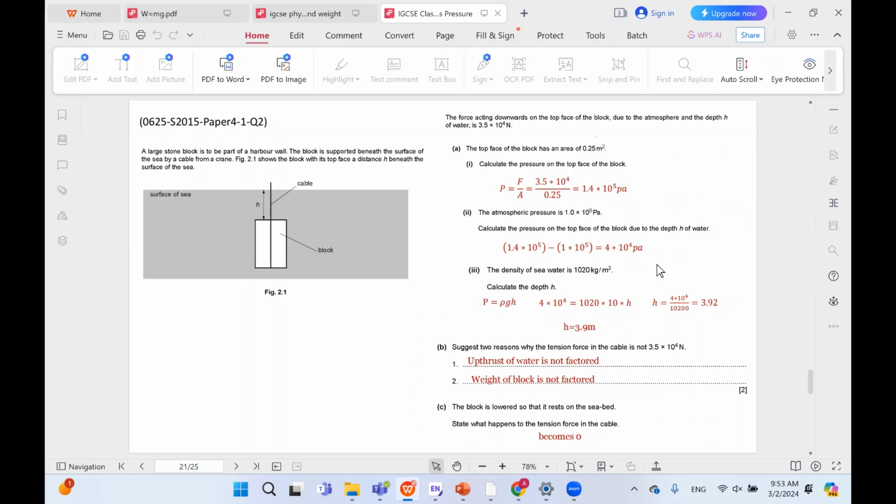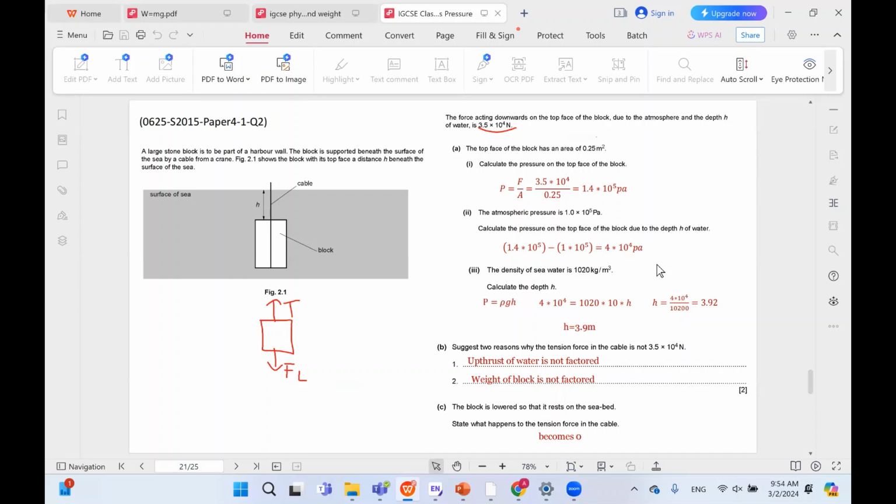In B, we are asked to suggest two reasons why the tension force is not 3.5 times 10 to the power of 4. So the force acting downwards on the top face of the block is 3.5 times 10 to the power of 4. And we are asked to figure out why this is not equal to the tension. It would be equal to the tension if the block is in equilibrium and these are the only two forces acting. So we have tension up and we have force, let's call it force due to liquid or whatever. And we are being asked to figure out why these two are not equal,